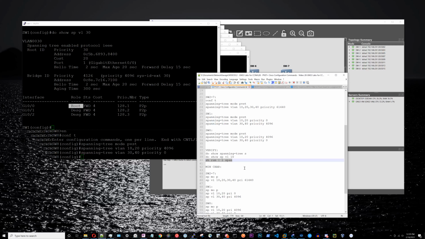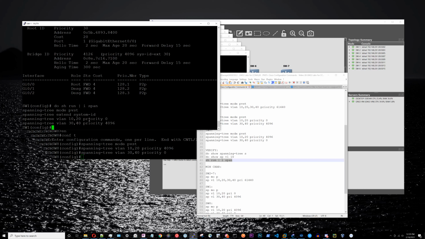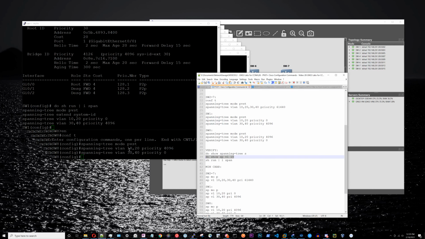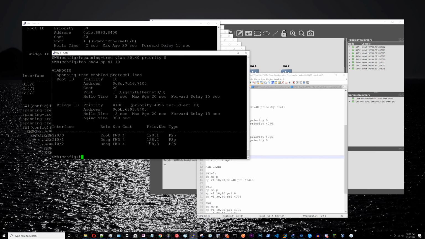And if you wanted to see the spanning tree relevant configuration, you could put in do show run include span, and that's going to show you the spanning tree commands. So there you can see the mode, extend system ID, and then the priority statements. All right, and then if we wanted to look at it for switch 8, look at that and we see we have one root port pointing towards the root bridge, and then